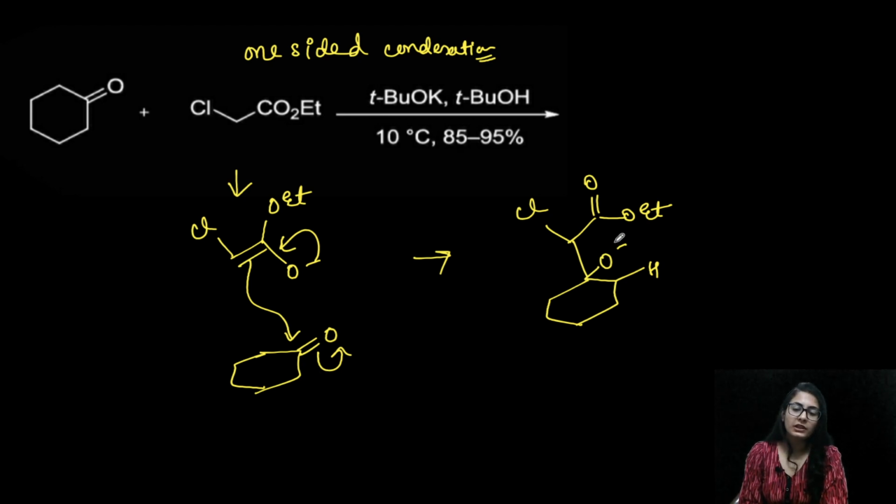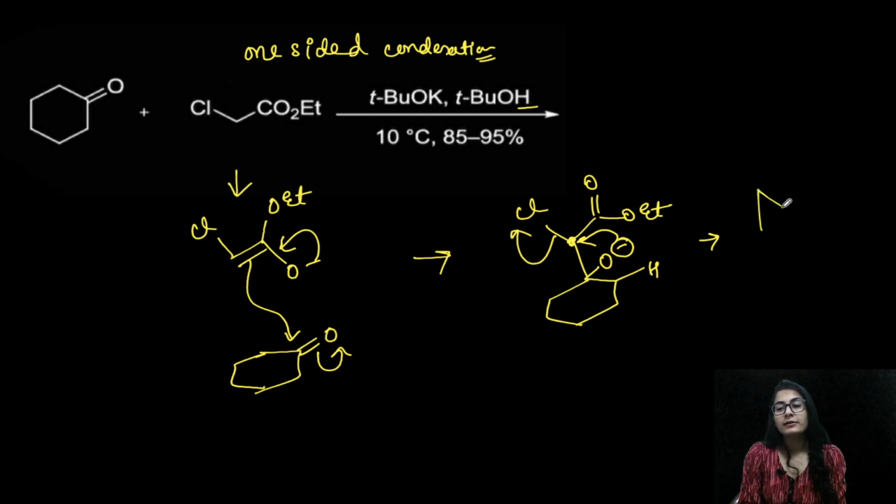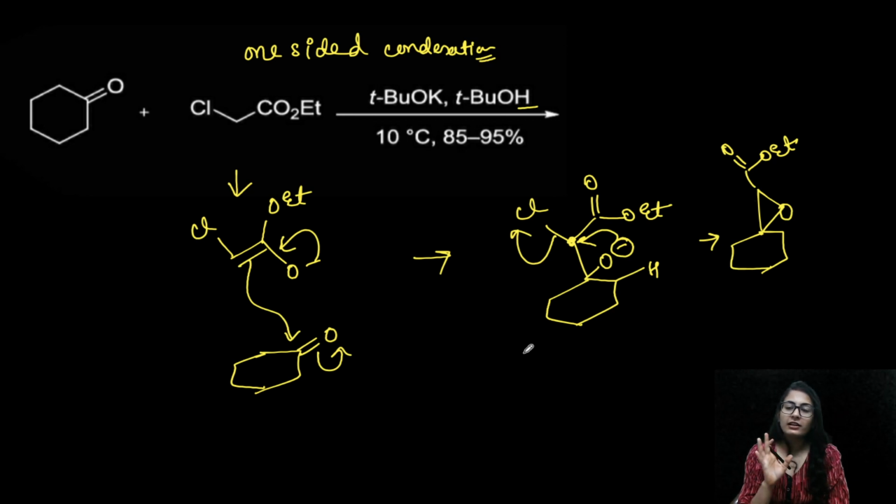The O minus is going to be here, and it is not going to take up a proton from butanol yet. No, not taking a proton from the butanol, it is rather going to attack the alpha carbon, because we are having the alpha halo ester. Attacking over this carbon, internal SN2 attack you can call it. And this is how you are going to get the epoxy ester, right? So this is how your product is going to be. This is going to be an epoxy ester and not this kind of a product, if you want to draw, that would be incorrect.